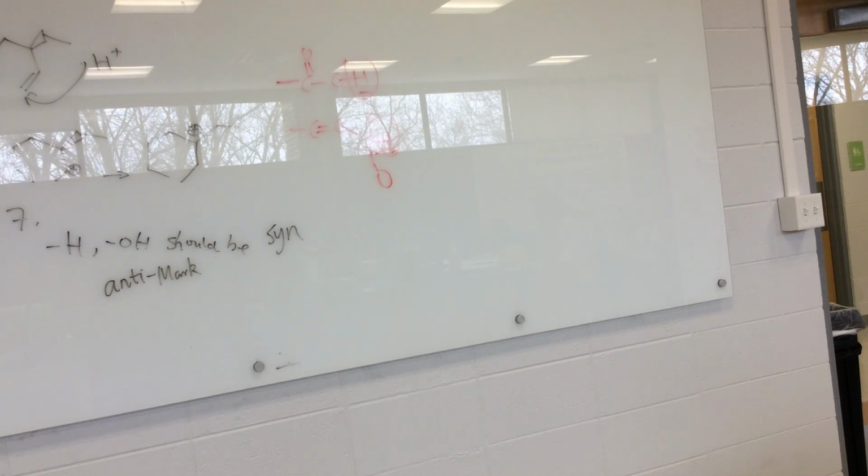And then there's another possibility: this hydroxy group is behind the plane, and then this hydrogen is behind the plane. They are enantiomers. So the correct answer should be E. It's anti-Markovnikov and it's syn addition. The added hydrogen and the added hydroxy group should be on the same side. So if you look at question 8,